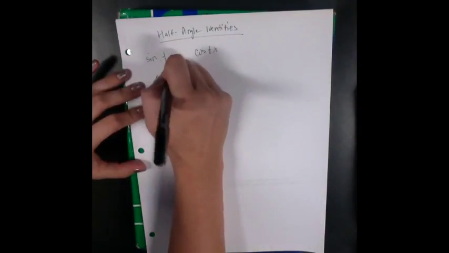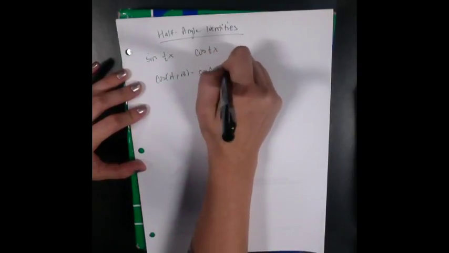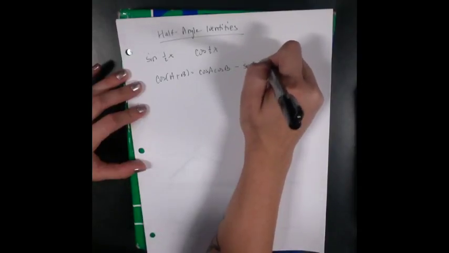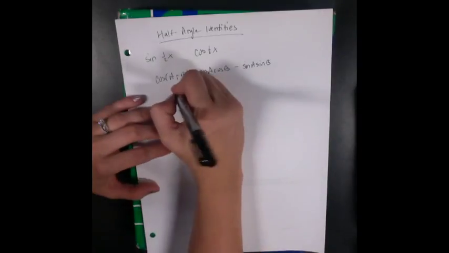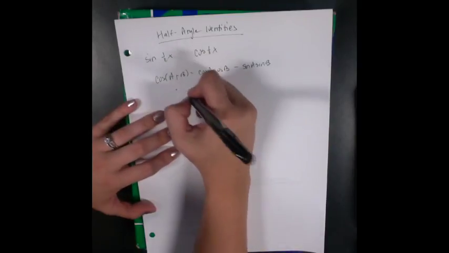We are going to develop these using the second and third form of the cosine of 2a. So let's go back and remember the cosine of a plus b is the cosine of a cosine of b minus sine of a sine of b. And we learned our identity that said the cosine of